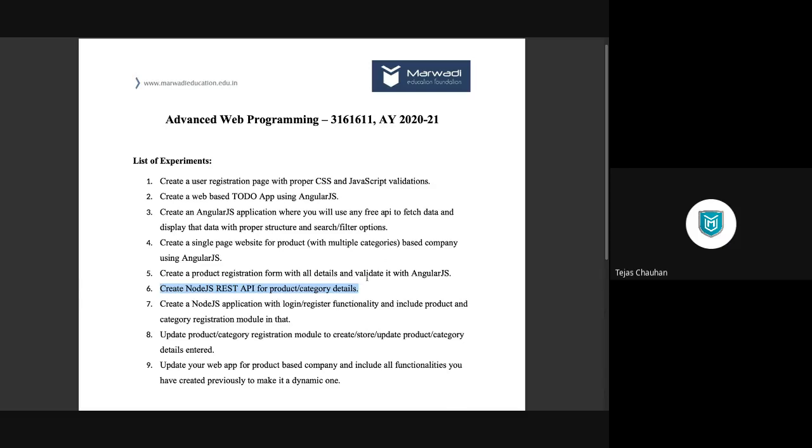Point number 1, implement HTTP server. Point number 2, extract URL from request, and based on URL, do some switch case or if else, whatever you want to do, and perform some different task. Now, if you are comfortable with this much process, then you can easily create your APIs.